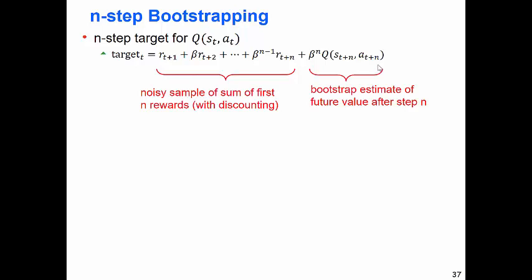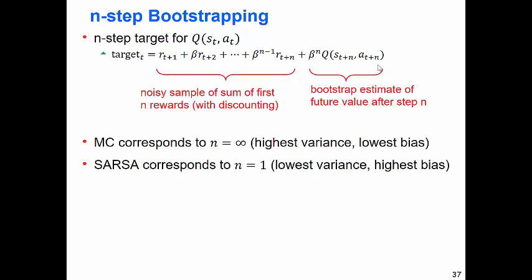Usually it's not surprising to use some value of n other than 1, right? So MC corresponds to n equals infinity, or n equals the maximum length of a trajectory, and SARSA is 1. Often a value that's not 1 or infinity will be better. That's not surprising because there are a lot of possible values there,